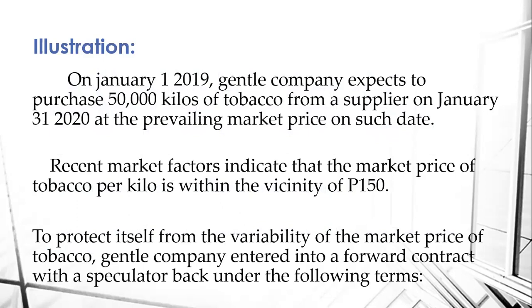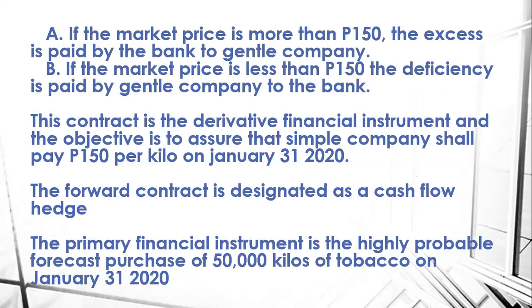To protect itself from variability of the market price of tobacco, Gentle Company entered into a forward contract with a speculator bank under the following terms. First, if the market price is more than 150 pesos, the excess is paid by the bank to Gentle Company. Second, if the market price is less than 150 pesos, the deficiency is paid by Gentle Company to the bank. This contract is a derivative financial instrument and the objective is to assure that Gentle Company shall pay 150 pesos per kilo on January 31,